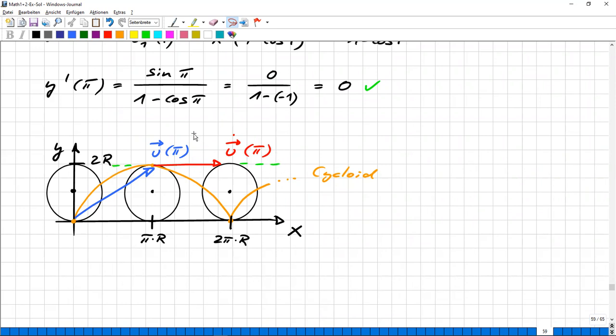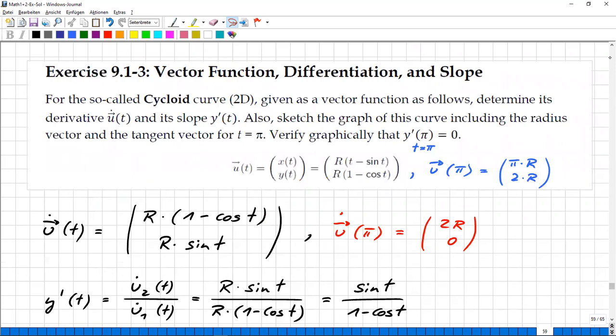But also we can easily calculate, in red, you can see it here, our well-known tangent vector, u vector dot of pi, where t still holds a value of pi. And this is what I'm doing here. So the first step, as always, is to find the tangent vector by differentiating these components